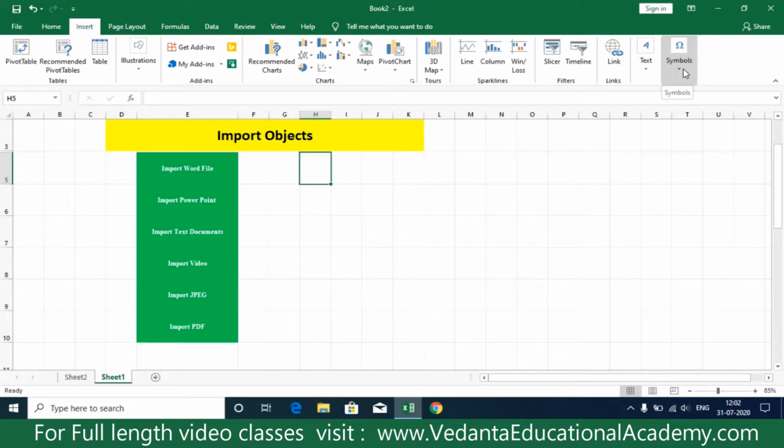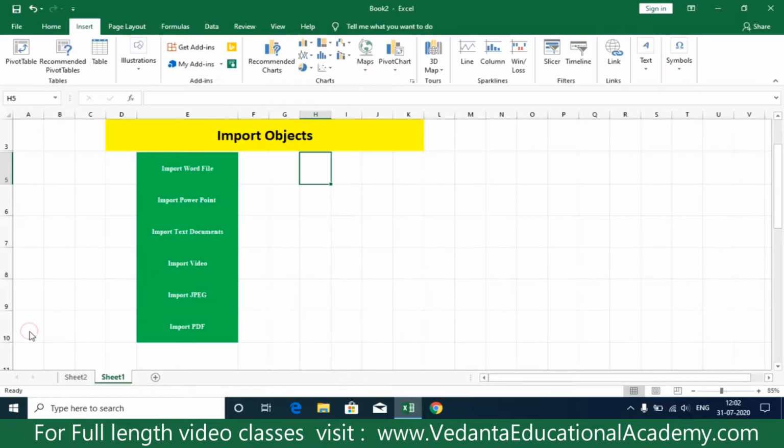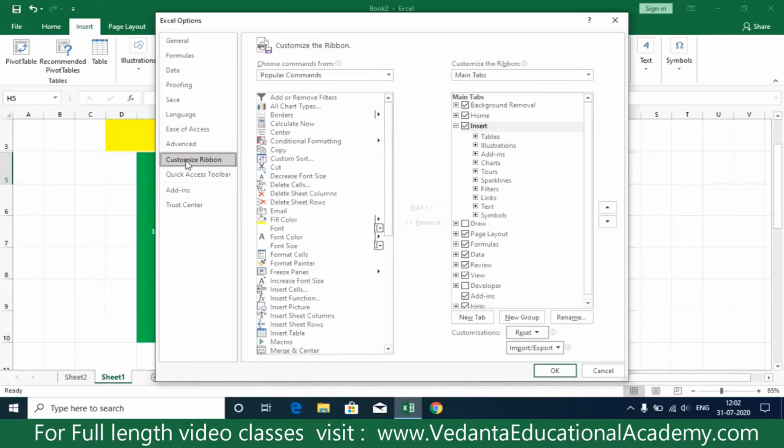If the Objects option is not available, then do one thing: go to the File menu, then go to Options, Customize Ribbon, then select Insert first.